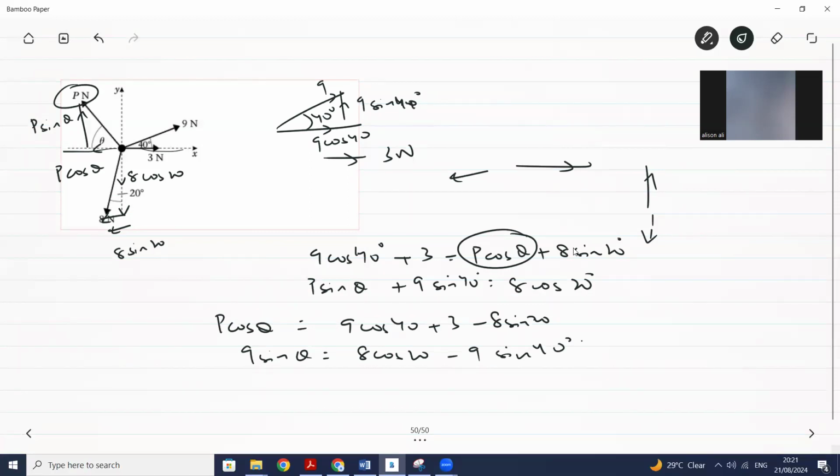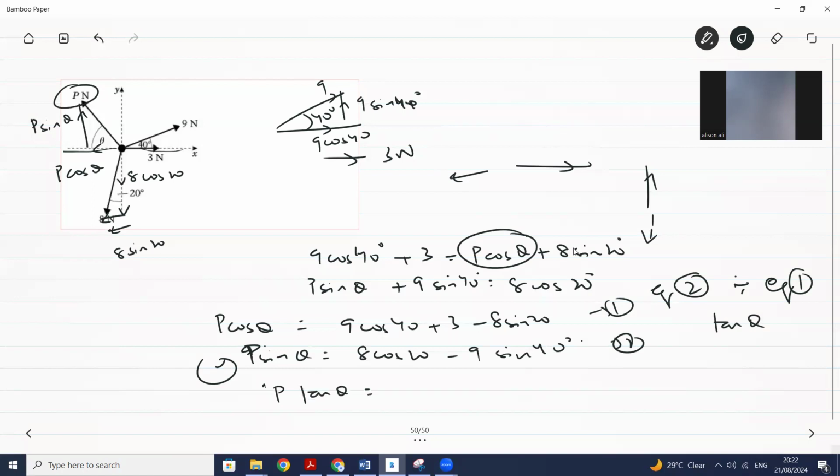Now I would be dividing both the equations. This is in sin theta, so this is equation 2. This is equation 1. So equation 2 divided by equation 1, I would be getting what? Tangent theta, sin upon cos. Both of these are P, so P cancels. It would become tan theta is equivalent to